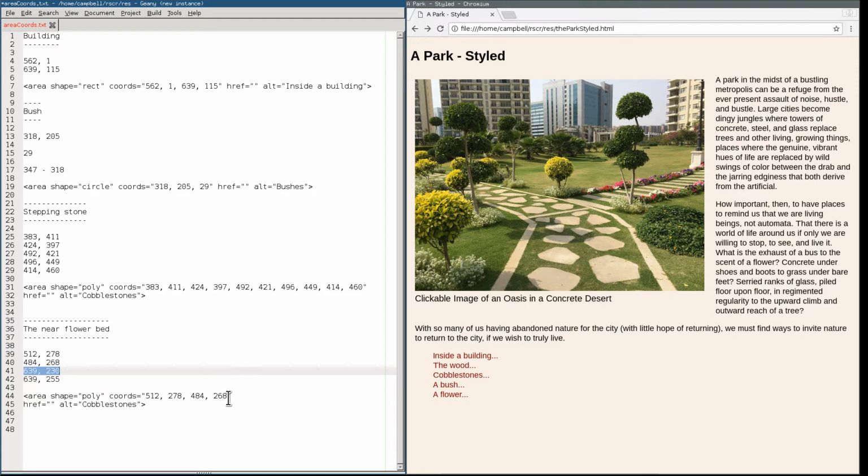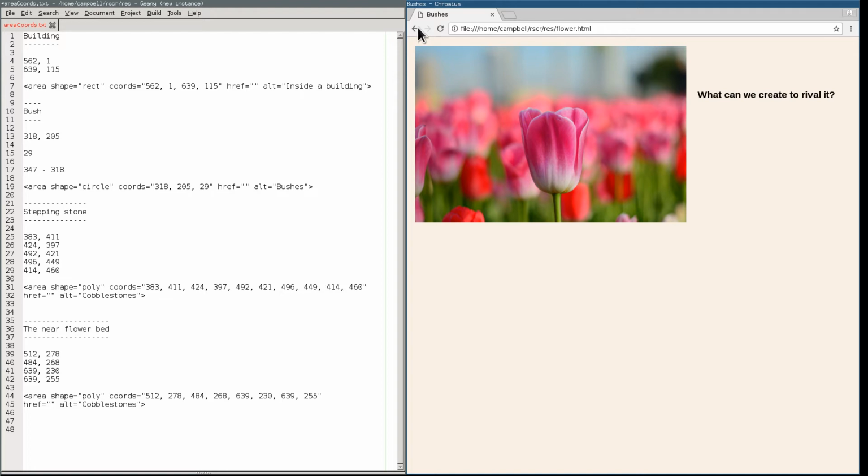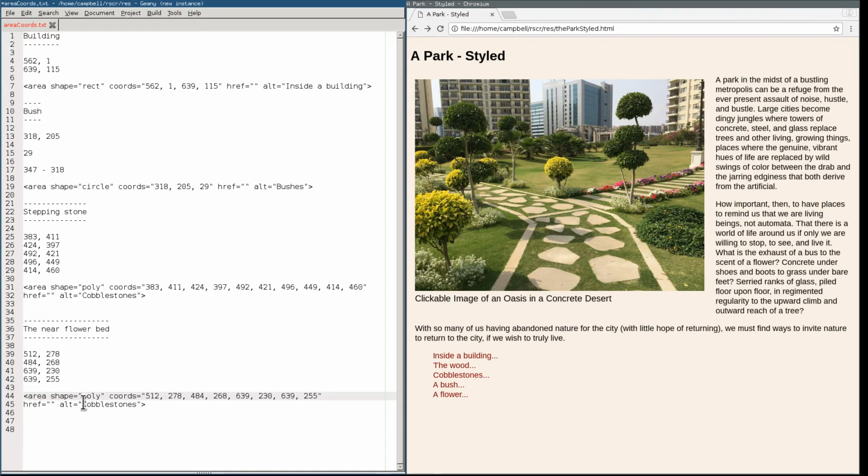This is the third pair. And this is the fourth pair, just like that. Now remember, it's this little flower bed here that we're doing with these, and that's going to take us to the picture of a flower. So here I'll just put a flower,